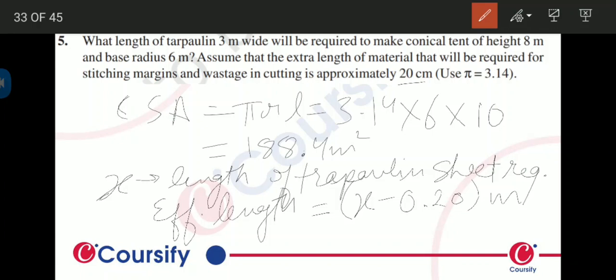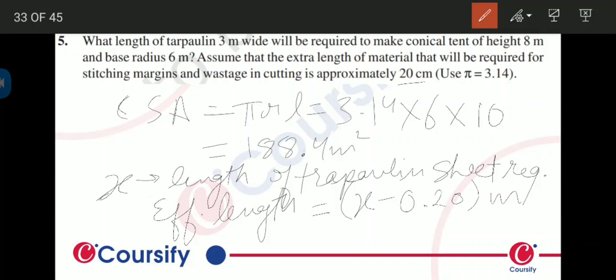For example, in your notebook, the effective surface area of the notebook is the area on which you write. In your notebook there is a margin on the left side. Removing that margin from your paper gives the effective surface area. So that is what is meant by effective length.